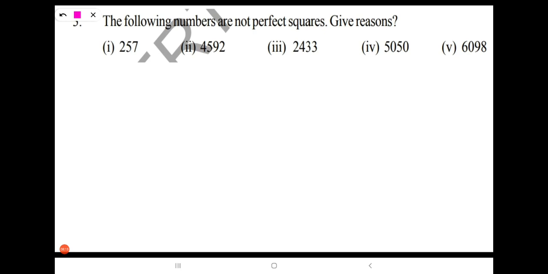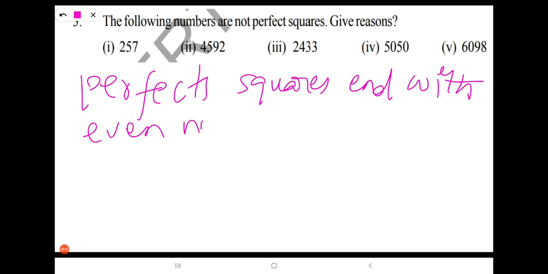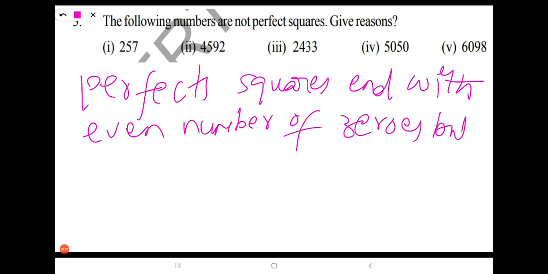Remember the property: perfect squares end with an even number of zeros, but